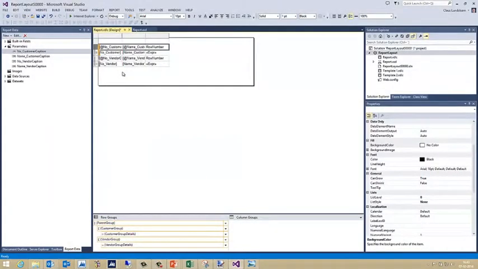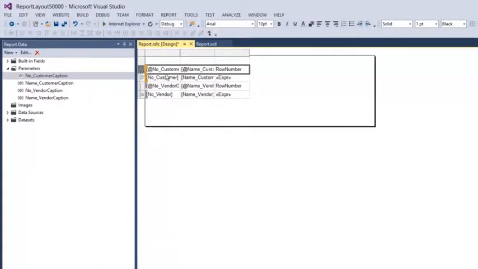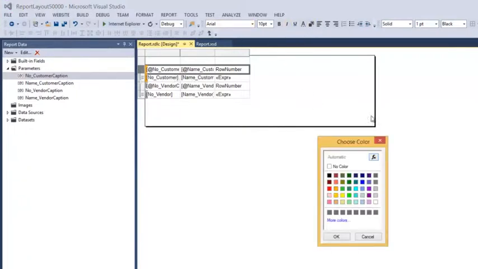Then I want to add a few colors on my report. When I design reports, I use colors a lot. I use them for debugging, so I can see what is actually being produced when and where on my report. So right now I'm just going to take the header row here for the customer group, and I want to make this light blue.